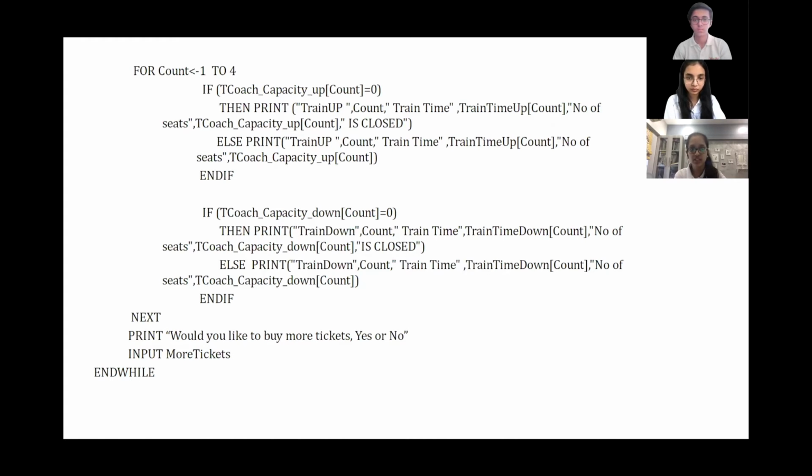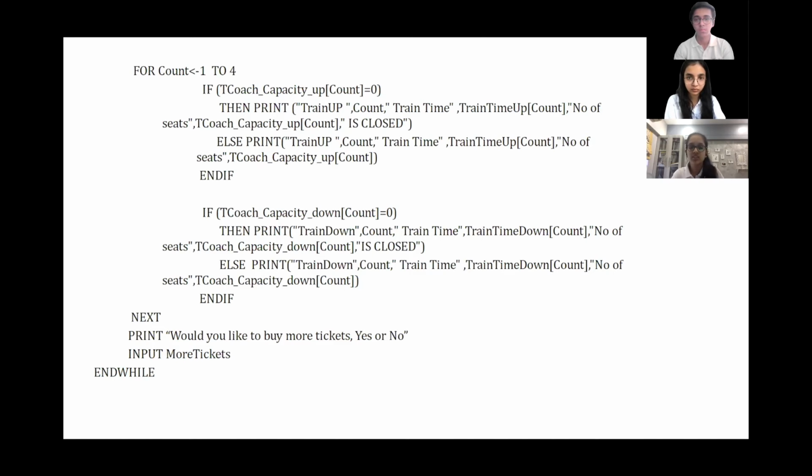If this condition is satisfied, that means that there are no more tickets available to book and the train is closed. Otherwise, if this condition is not met, then the train seats are displayed, and the same occurs for the return trains as well. So the same condition is checked, and if it is met, then accordingly the screen display